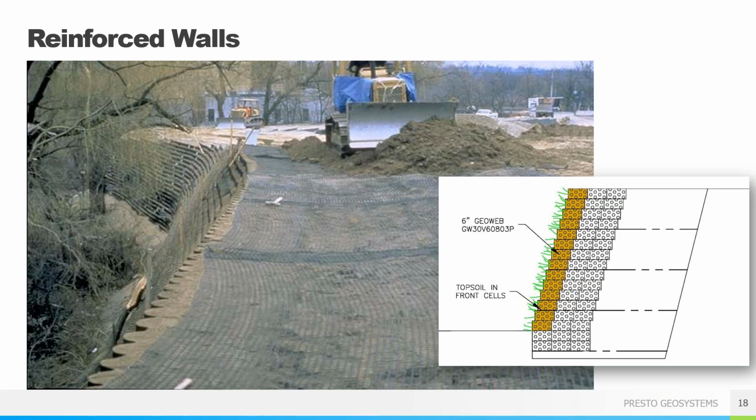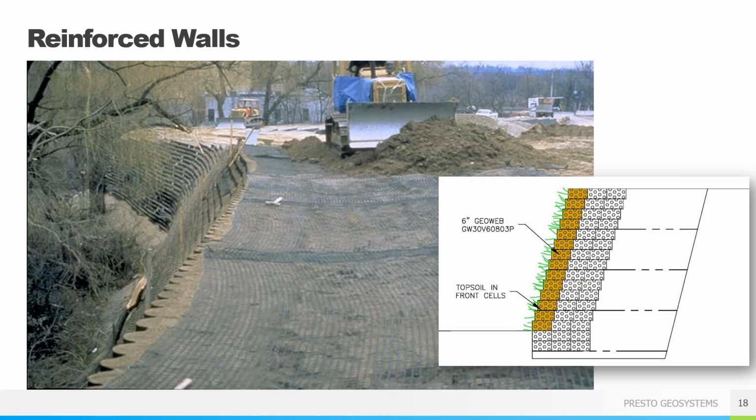Reinforced walls, like I said, there's no real limit to what we can do with a reinforced wall. Most of the walls that we do will have geogrid tiebacks. Rule of thumb, depending on surcharges and soil conditions, you're looking at about a 70% geogrid tieback length. And like I said, we'll work with you to determine that length. Usually it's going to be a 3-cell wall panel just because the GeoWeb really only is providing the fascia.